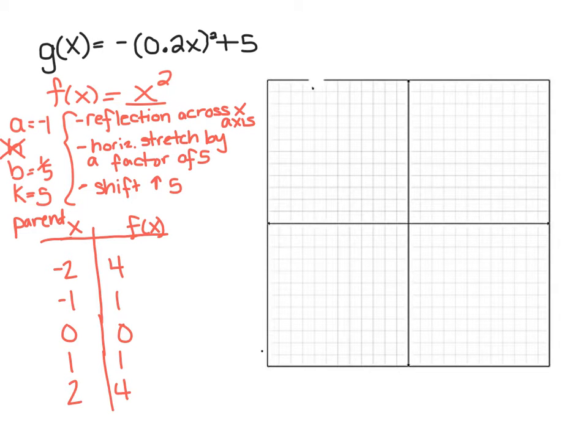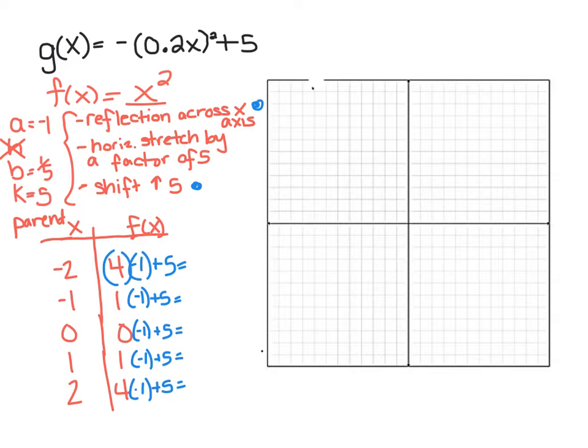And I'm going to apply these transformations now in my correct order. So what's happening? Well, I'm reflecting across the x. And I'm shifting up 5, both happen to the y value. I got to do it in that order. So I got to multiply first because I'm reflecting first, and then I'm shifting up 5. So I'm going to take this value, times it by -1, and add 5. Times by -1, add 5, which is going to produce, let's see, this is going to be 1, 4, 5,